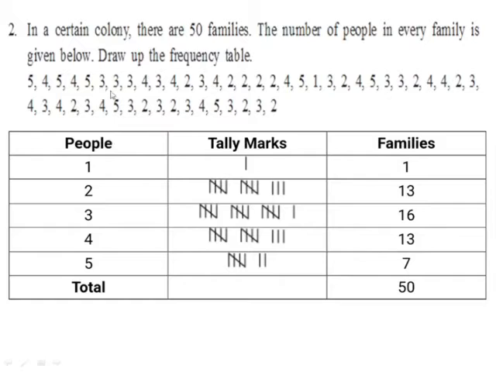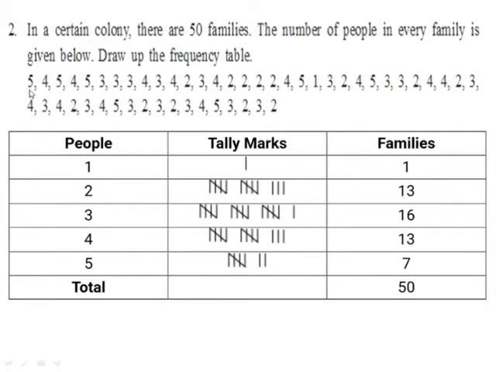So here what is the minimum number of members in one family? It is 1. And the maximum number of members in one family is 5. So we will write 1 up to 5 in ascending order. That is 1, 2, 3, 4 and 5. Now we will look at the given data. Now here in this data, the numbers are given from 1 to 5. So we will make the tally marks for the given score.